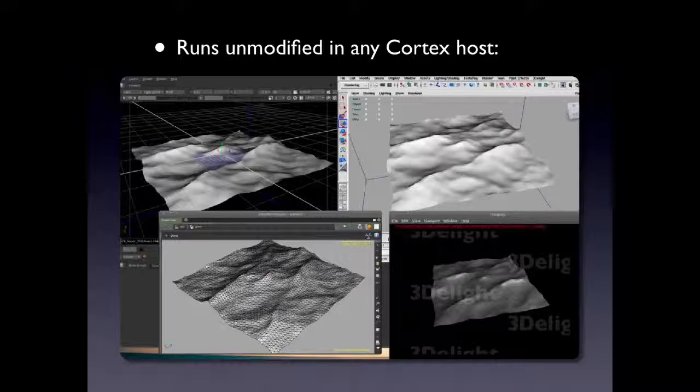So on the slide you see Nuke, Maya, Houdini, and so on basically all producing exactly the same output without having to modify any of the plugin code